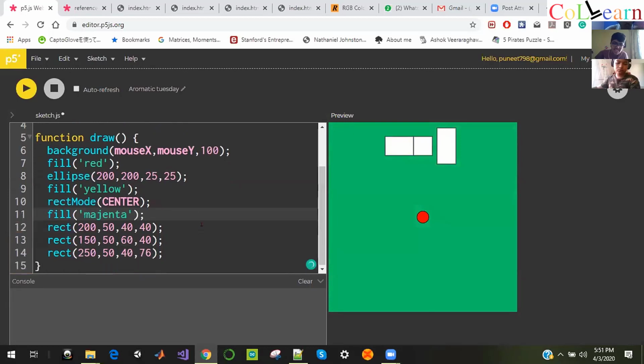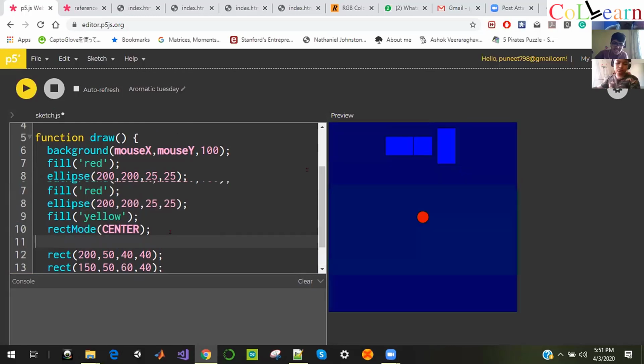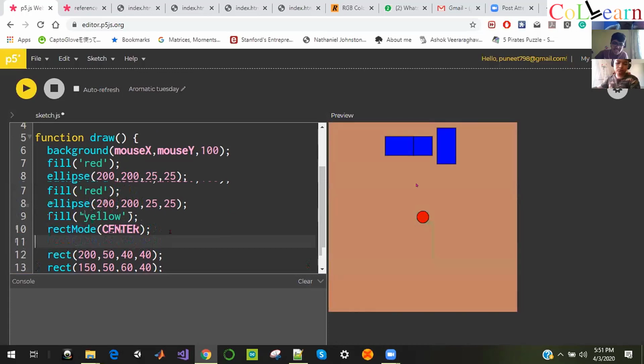Okay, so whatever. Magenta is not a color, it means the name of a color, of a blue name. If you see on my screen, I have not written colors for all these rectangles, the three rectangles that I have made. I have written fill and then I have written three rectangles. So it means all of these squares and rectangles have been colored blue.